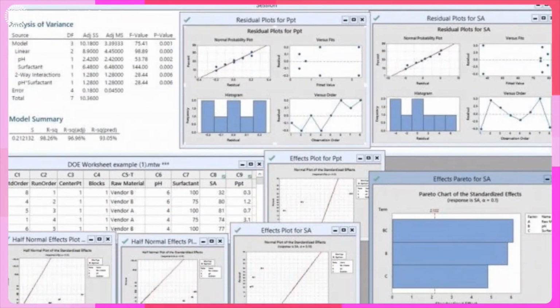So once you have fed the data, you can have analysis of variance, residual plot analysis, different Pareto plots, different scatter plots, line diagrams. So many analyses and factor calculations can simply be done by entering the data, and you can have the desired information in a fraction of seconds using this Minitab software.